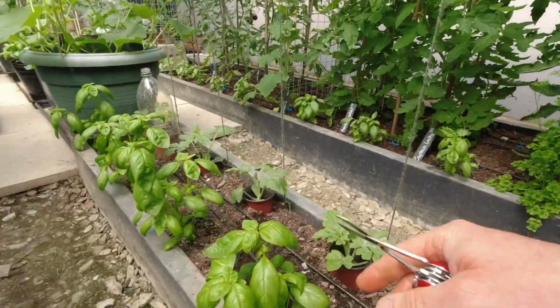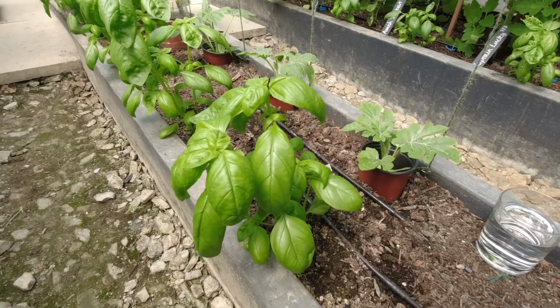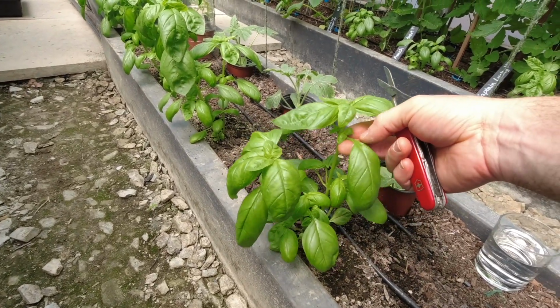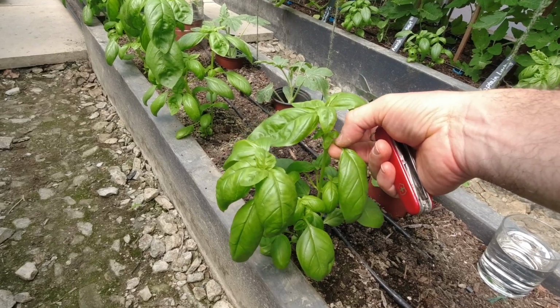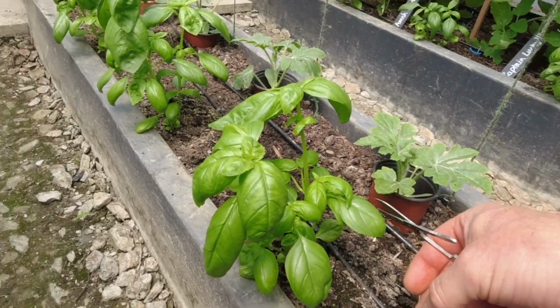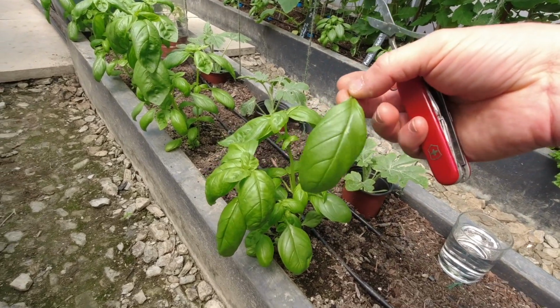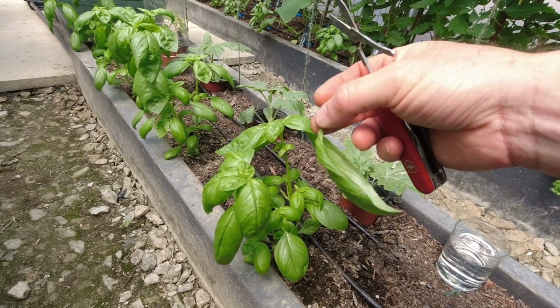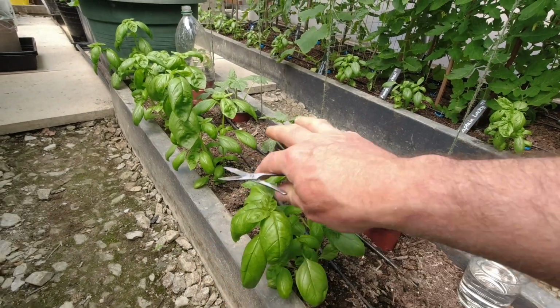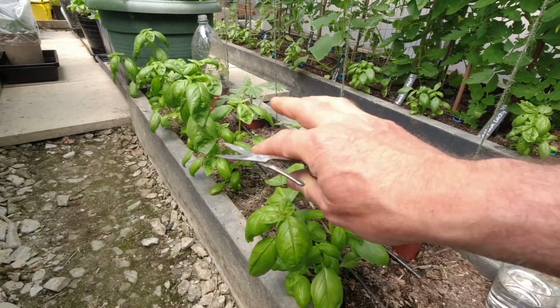So I'll just show you how I do it, and I know a lot of people do this, and you probably know this already, but quite often if you see people who are new to gardening, they will take out the leaf like this and they will just harvest them like that. Now, obviously that seems to make sense, and you've got a nice big juicy leaf to eat in your salad or on your pizza. But actually what you should do to ensure that you get a really big bushy plant